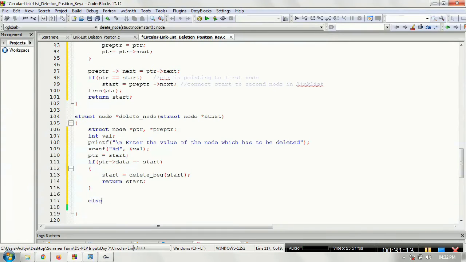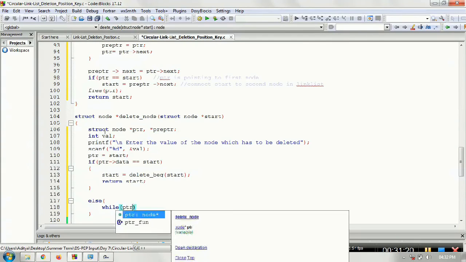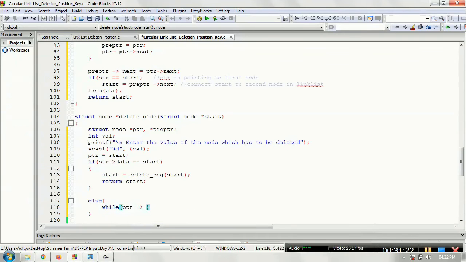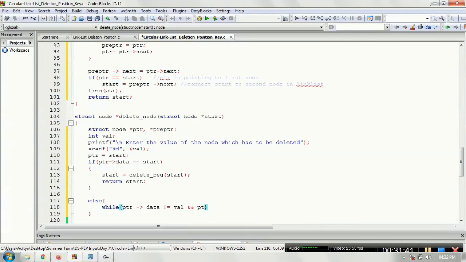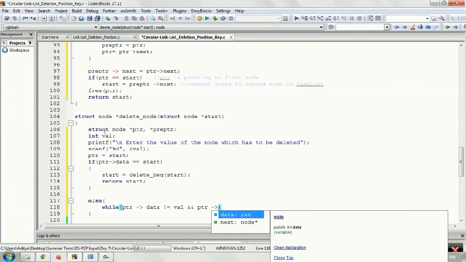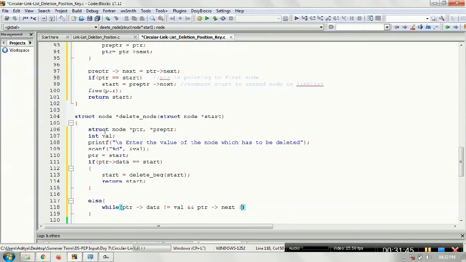Else, we'll go with a loop, and continue until the PTR reaches that particular node, if the data is present. Otherwise, suppose the data is not present, this condition also has to be considered.